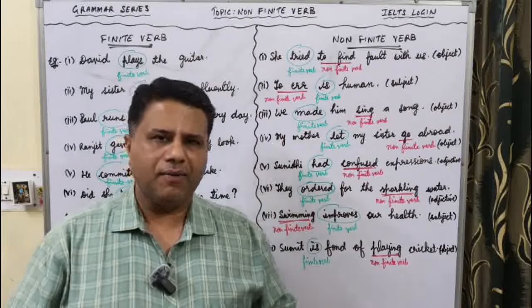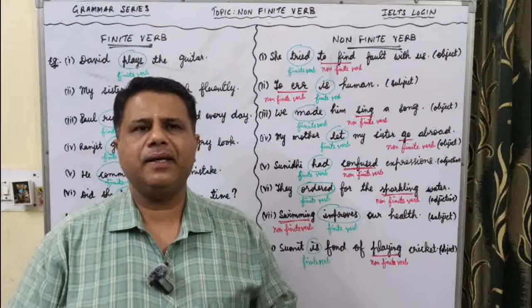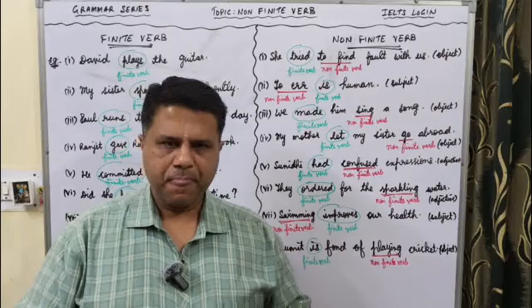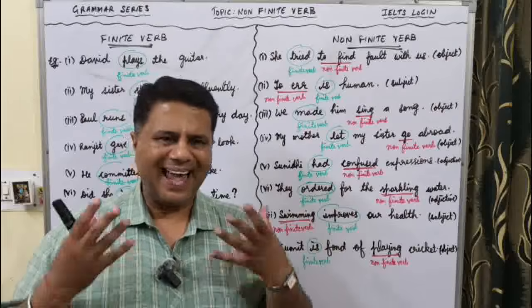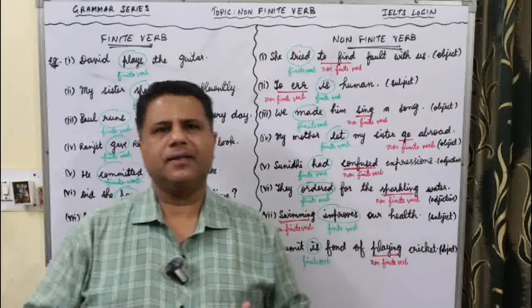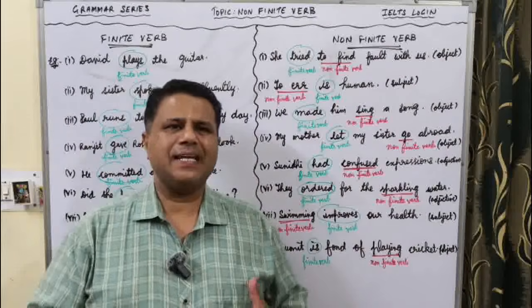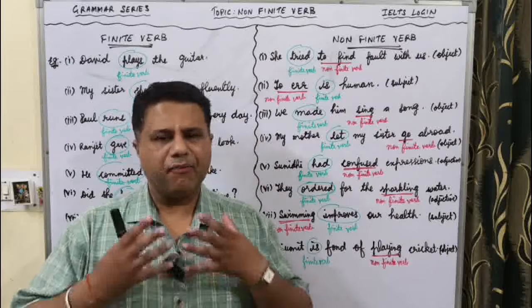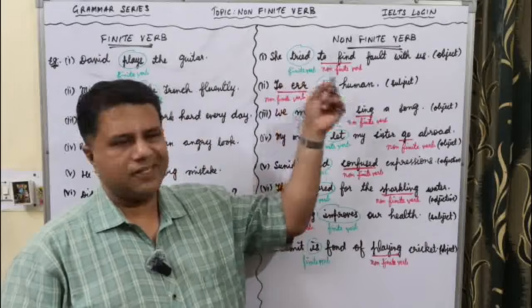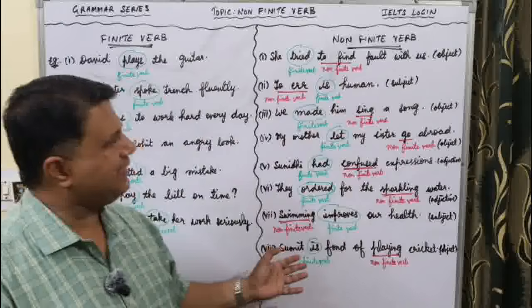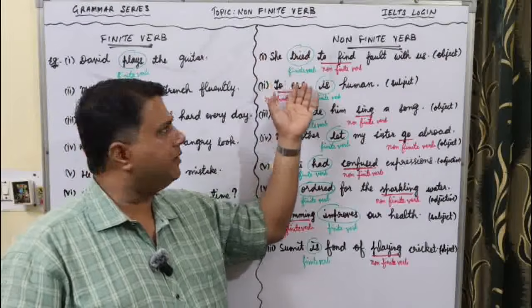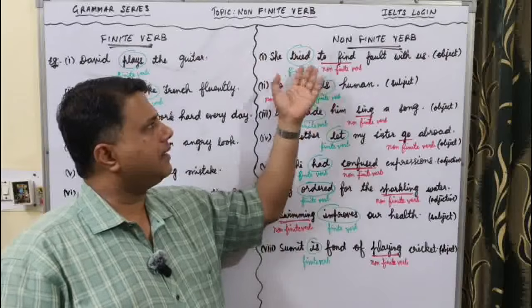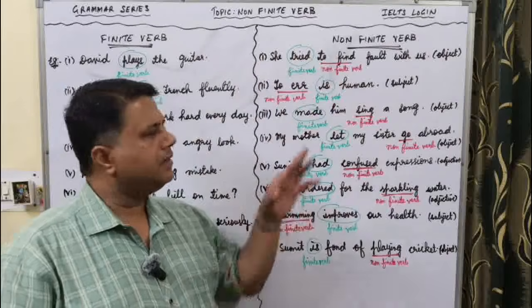Without a finite verb, a non-finite verb will not be able to make a sentence, because if action is not taking place, how can we make a sentence? And the action, or the verb, or the tense element will be clear when we use a finite verb. If you look at the sentences, in all the 8 examples, I have circled the finite verbs with green color and non-finite verbs with